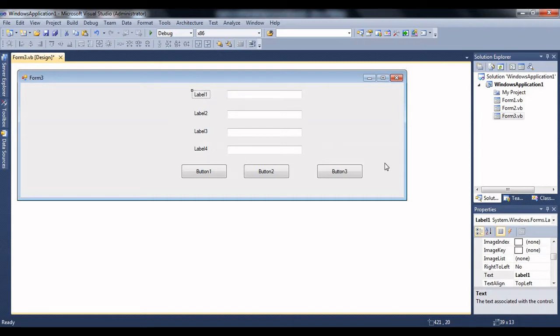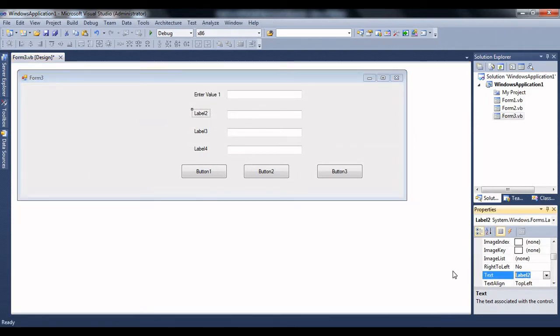So to rename this, I'll have to go to property box and enter this property called text, and label 1 will be renamed as enter value 1. The second label now, select the second label, go to property, and this will be renamed as enter value 2.